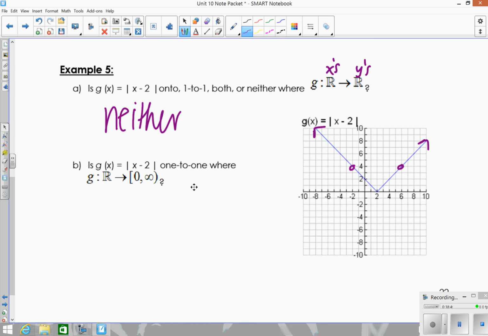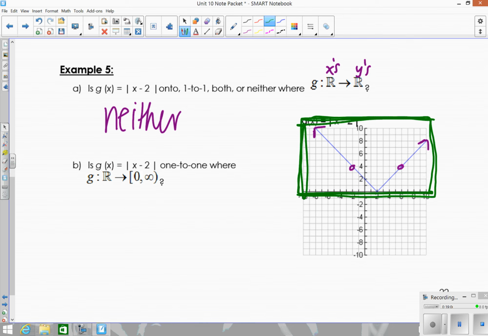And then what they did now is they restricted this. So they said, well, now let's just take a look at this picture from -infinity to +infinity for the x values. But then for the y values, let's just focus in on this top half of the graph. So if I'm only focusing in on this section of the graph, is it now onto? So yes, it is now onto because each y value is being used. You're going to always have every y value from 0 to infinity. So this is now onto,